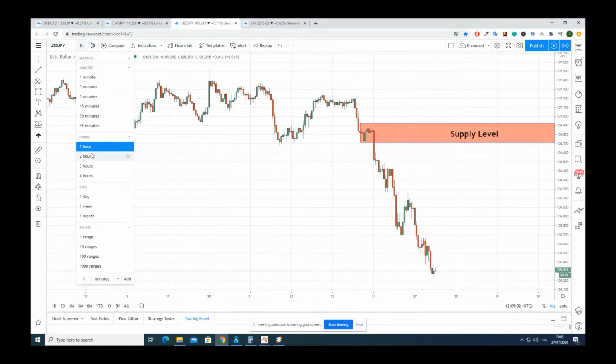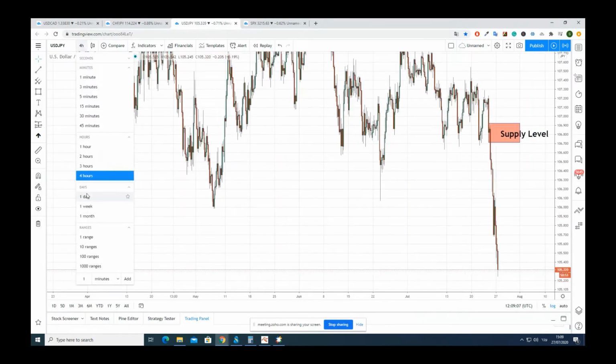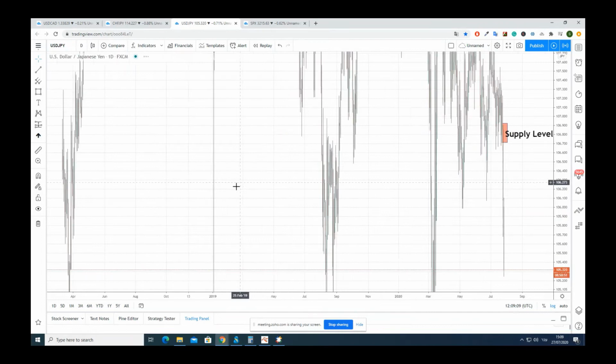And if we take a look on the 4-hour chart time frame, maybe even the daily time frame, to see the rest of the, sorry,